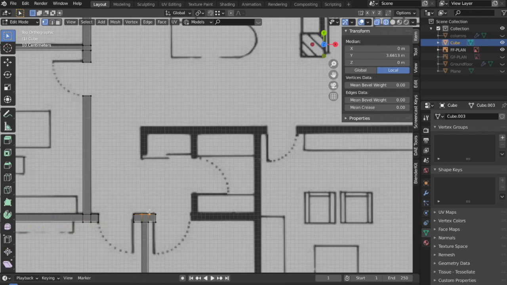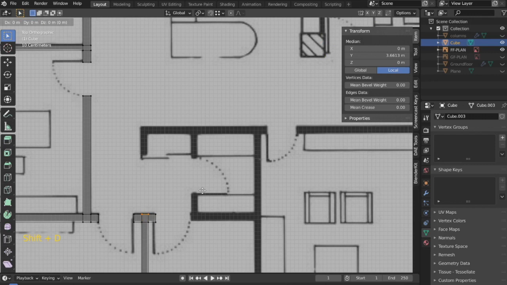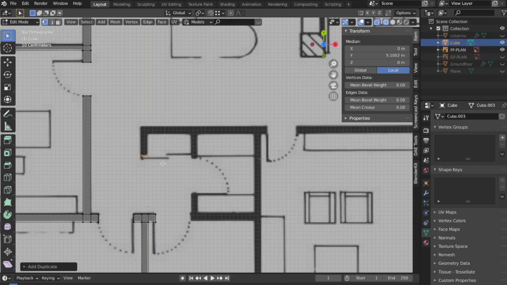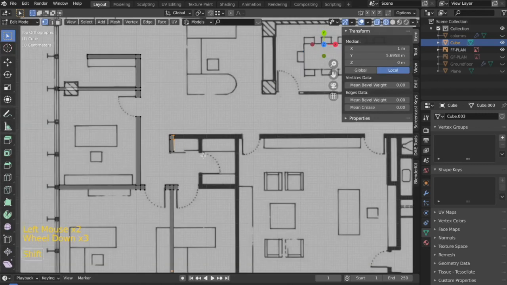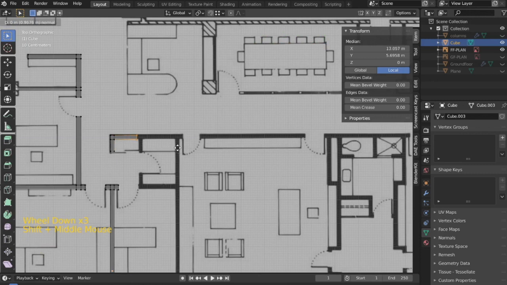So wherever there is a break, I'm selecting the two vertex over here and then pressing Shift D and moving it along that axis by pressing that axis key, which is Y in this case. I separated them from this part. Now I'm going to extrude it and continue with it. As we are doing all of it in edit mode, when we go out of edit mode, all of this will become one individual entity.